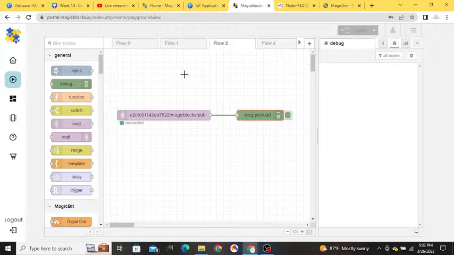Now in that application, I will select this light sensor. When you turn on the connect MQTT switch, and when you select any sensor in that app, you can have